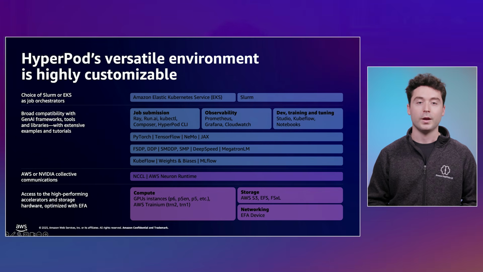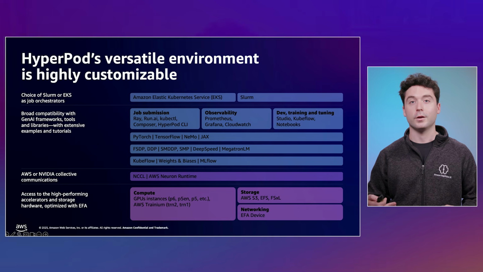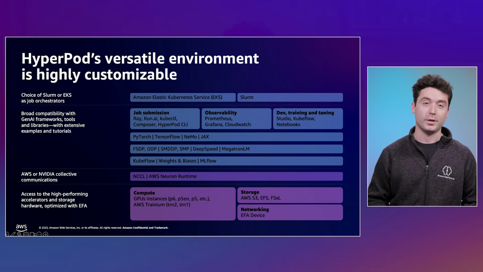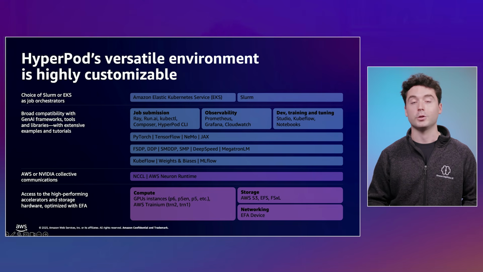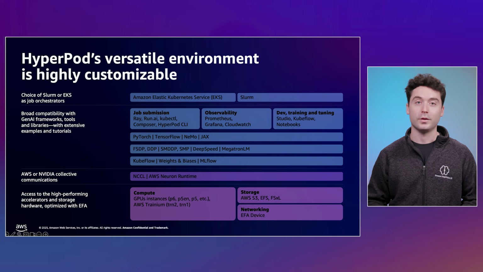Starting from the top, HyperPod offers flexibility in its job orchestration layer where you can use either Slurm or Amazon EKS, completely up to you. For this video series, we'll be focused on a HyperPod cluster orchestrated by EKS. On the frameworks and libraries layer, you have full control over which tools you'd like to use for your training